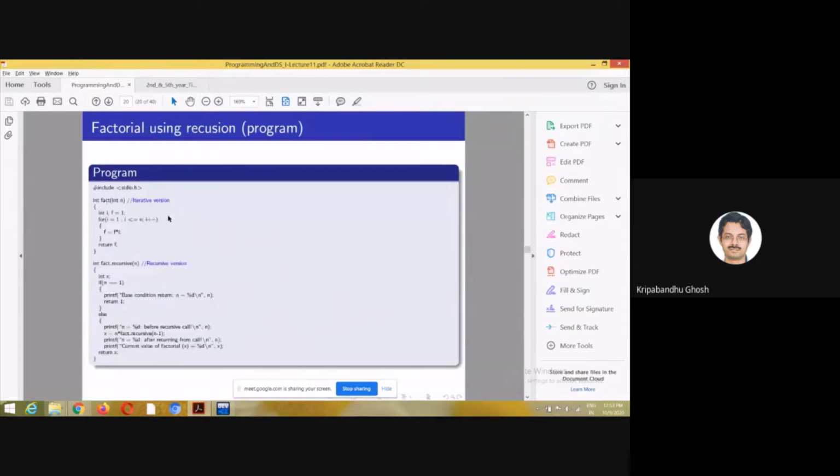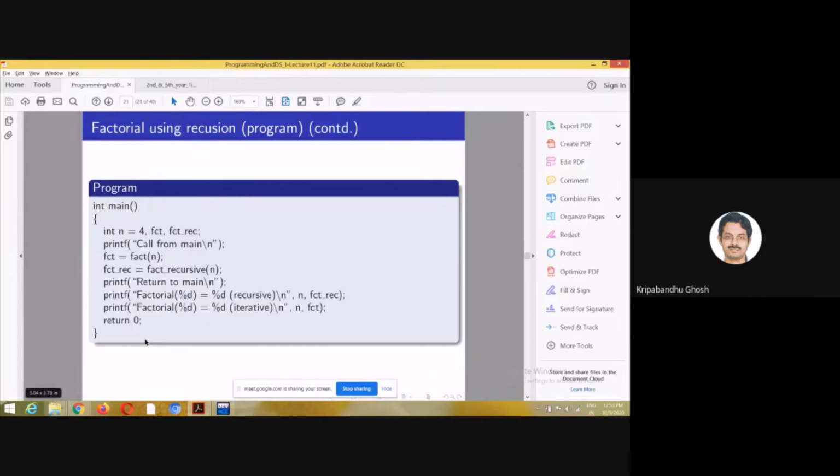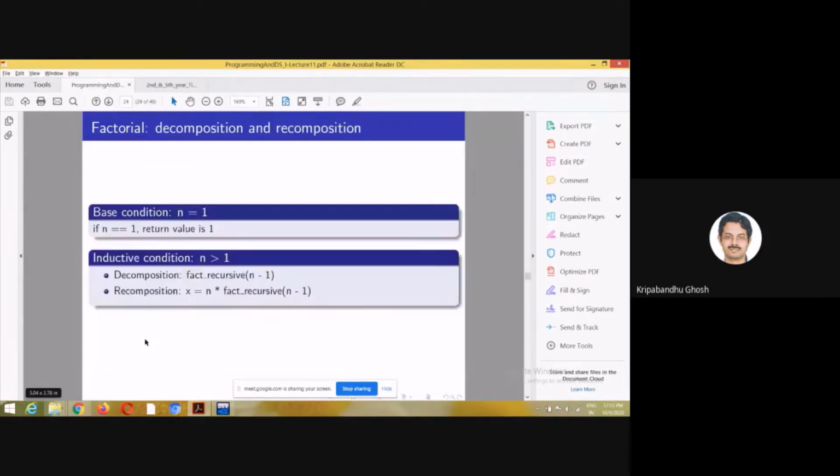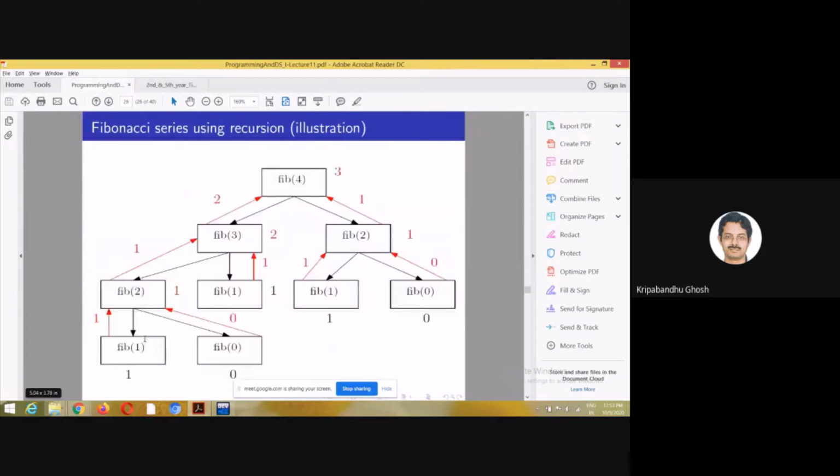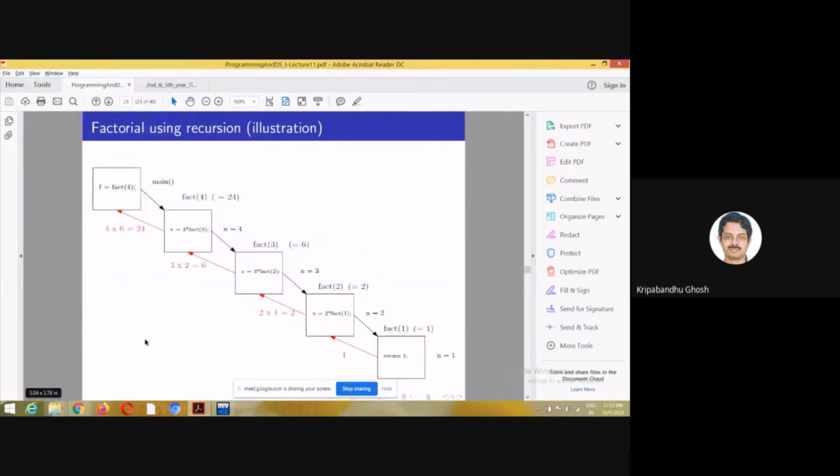So why are you doing it in this particular fashion? This gives you the idea of decomposition and recomposition. So you are decomposing the problem to smaller subproblems, to a smaller version of the same problem, to an extent that it becomes manageable.